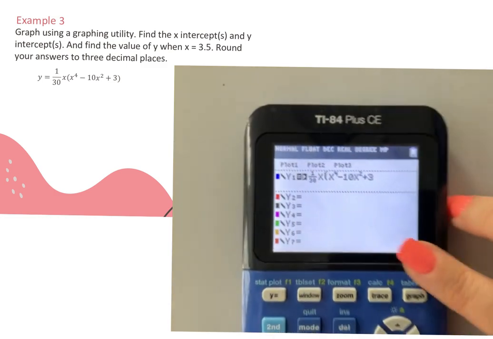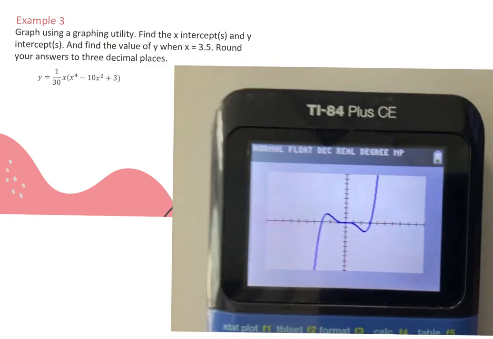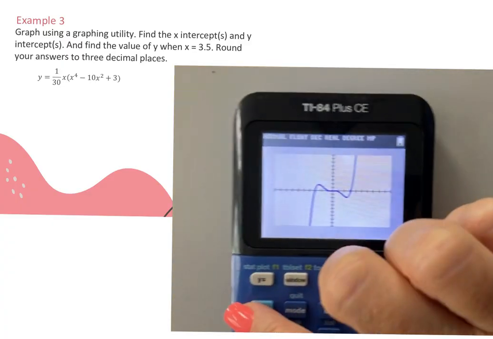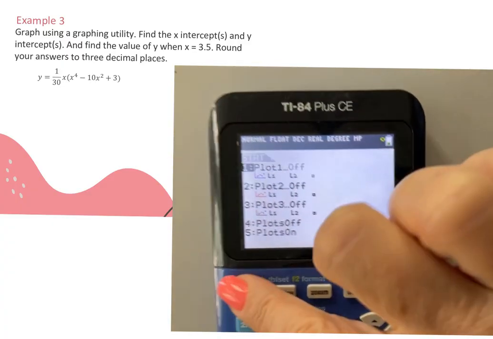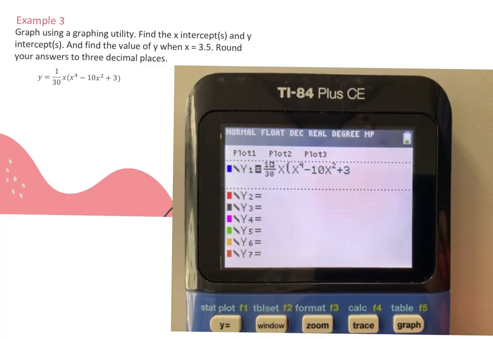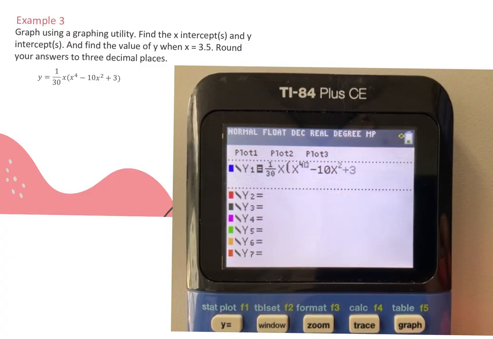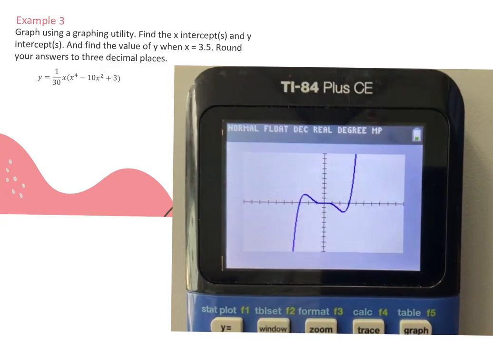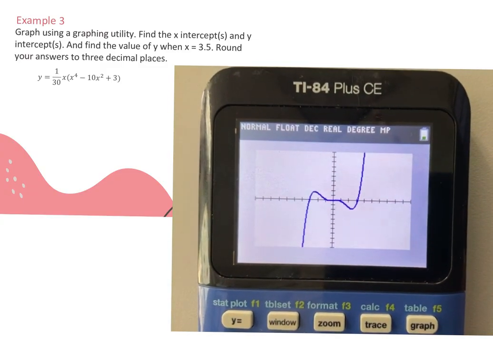All right, so I'm going to hit graph. So what did we say the x-intercepts are? Oh, wait, did I hit my squared? Mine might be different from yours because, yeah, no, I do. Right? x to the 4th minus 10x squared plus 3. Yeah, okay. All right, so if I wanted to see my intercepts, they're going to happen as I cross the